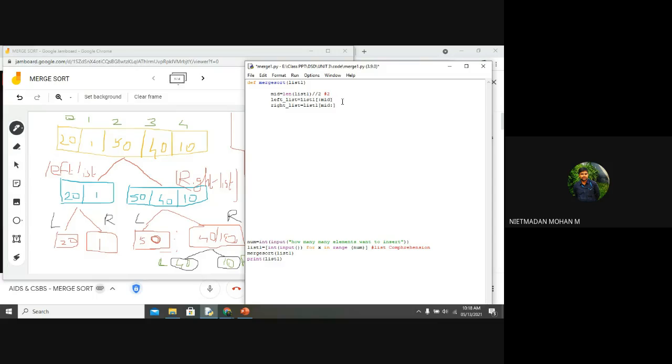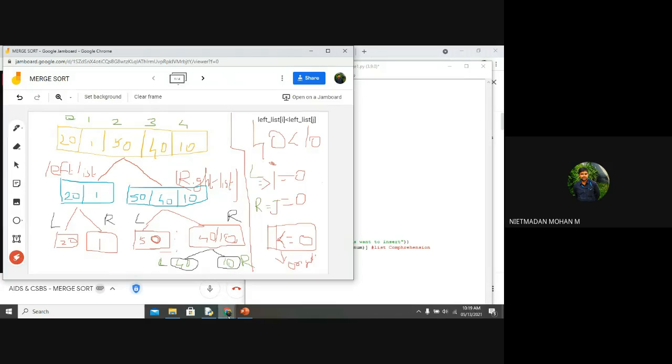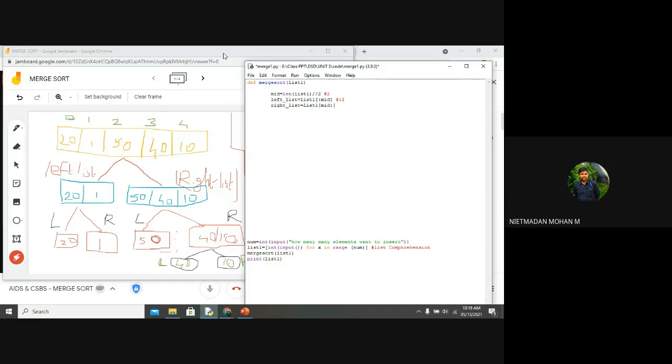So here colon of 2 means it will take till the second index position, that is 0 and 1. It will be taking to the left hand side. It will not include the mid value, right?